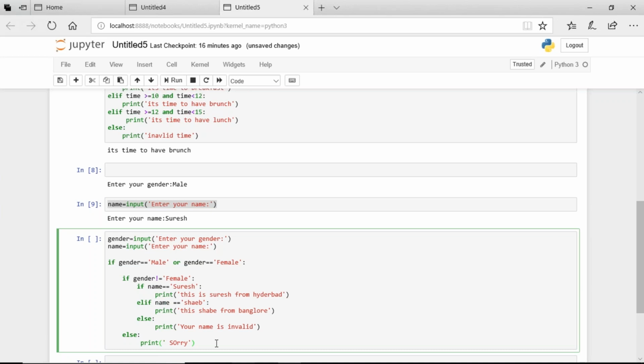Is this, everybody understood this one? Guys, any doubt here? Here I am checking the male and gender. If it is male,